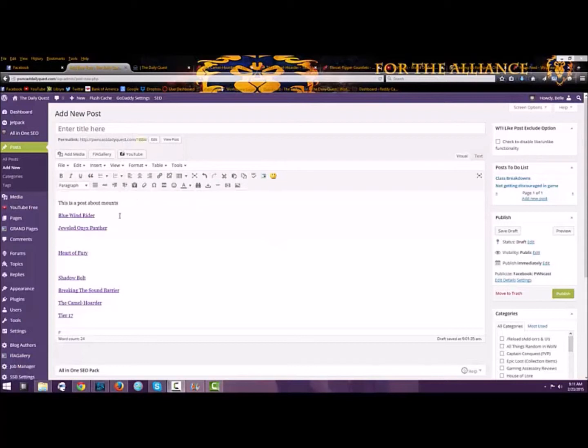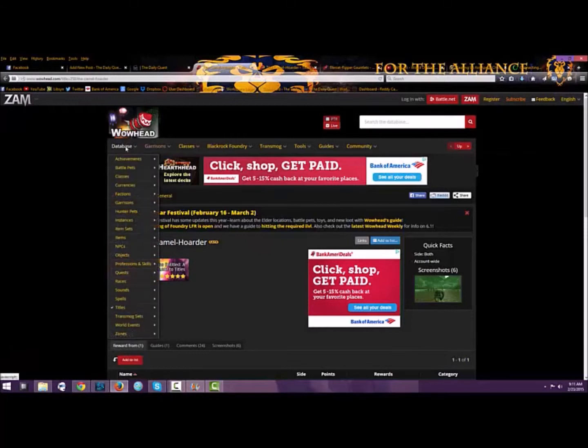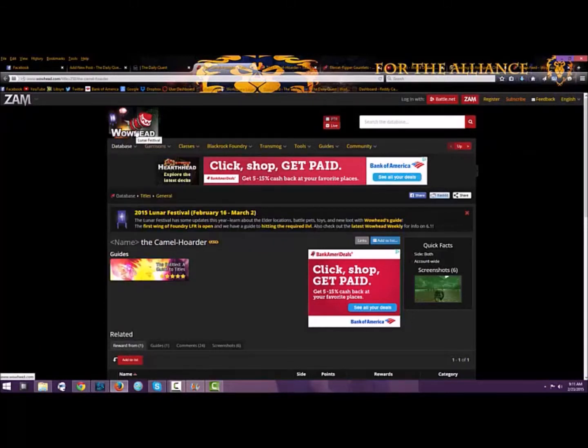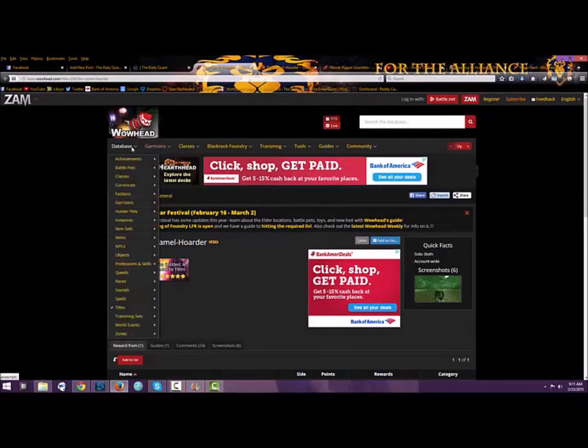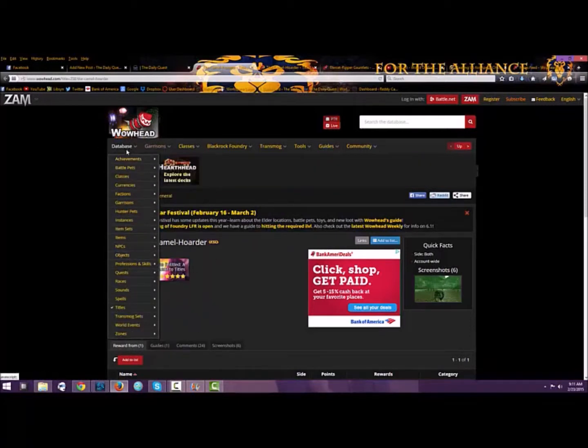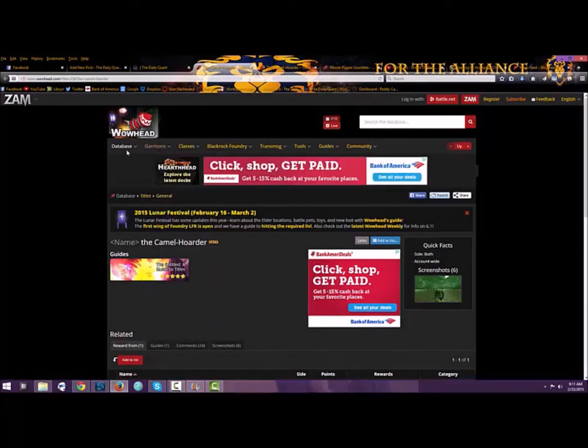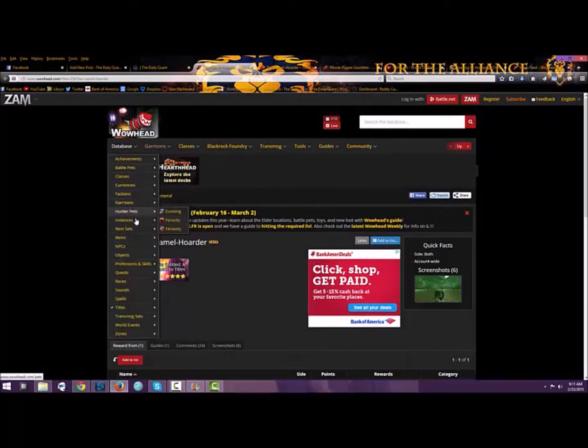Now, to be able to do so, it's really, really simple. Most of us already use Wowhead on a daily basis for certain things. So we're actually going to be utilizing their databases. The database is what you're going to go to for these items. I'm going to show you guys how to do the linking, which is what shows the tooltips